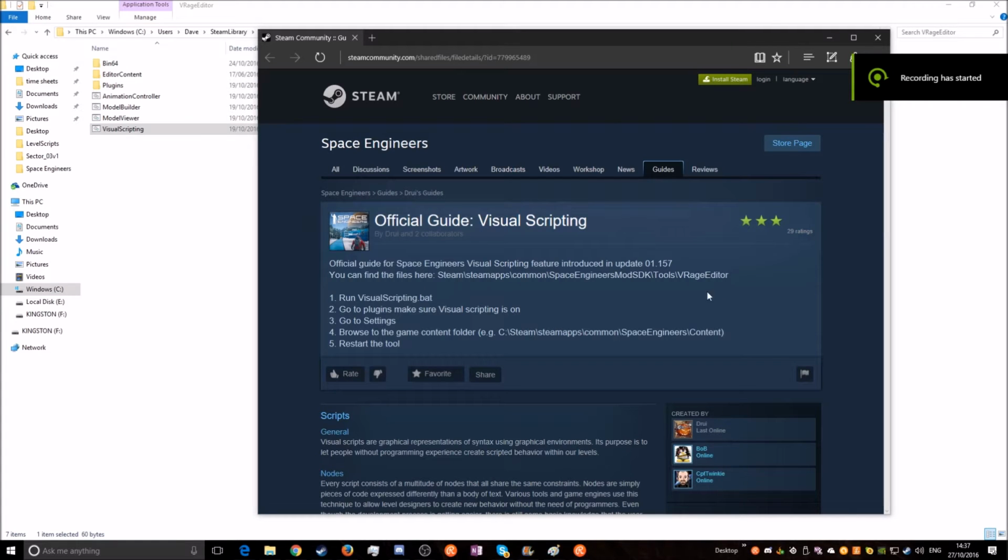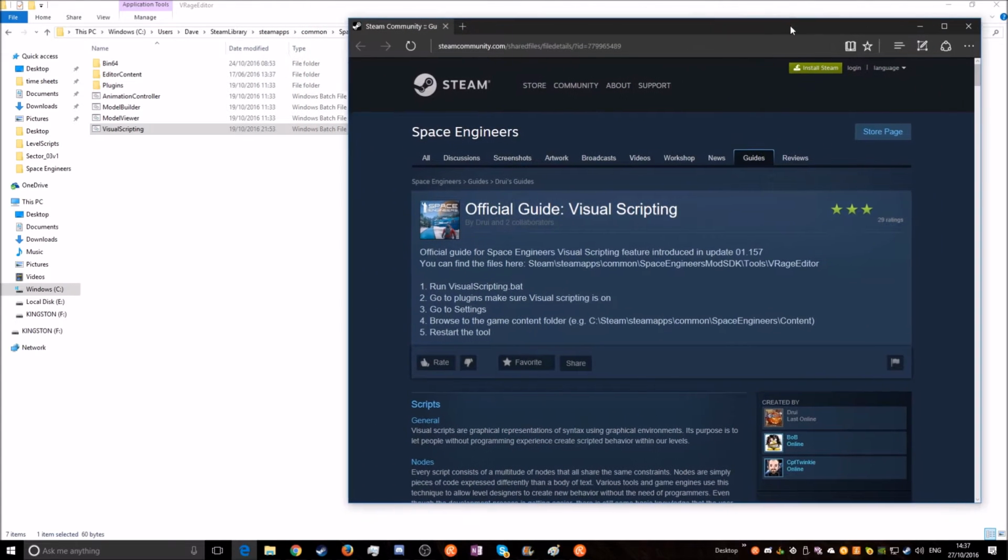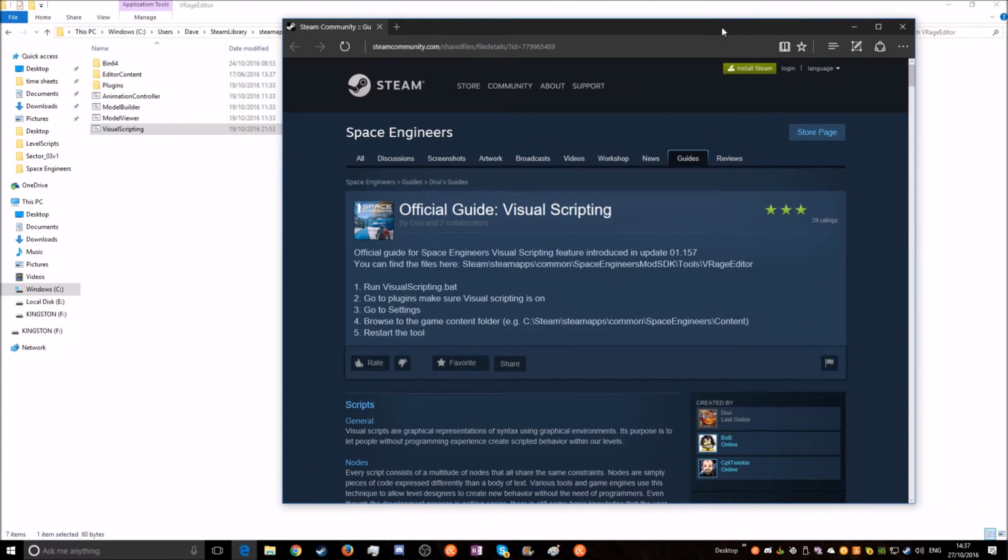Hello again, everybody. Right, so I'm having a little bit of a play around today with the visual scripting. This is a really new tool and really new thing that they've implemented with Space Engineers. It seems extremely buggy and full of a lot of problems at the moment. But I just want to share with you my experience up to now and how far I've got,